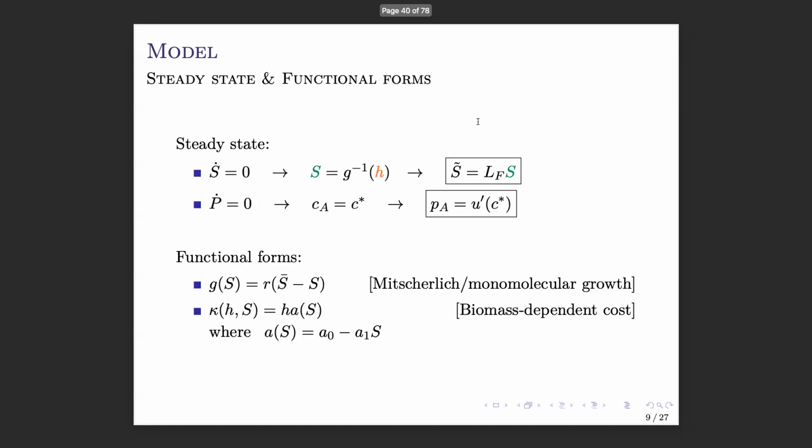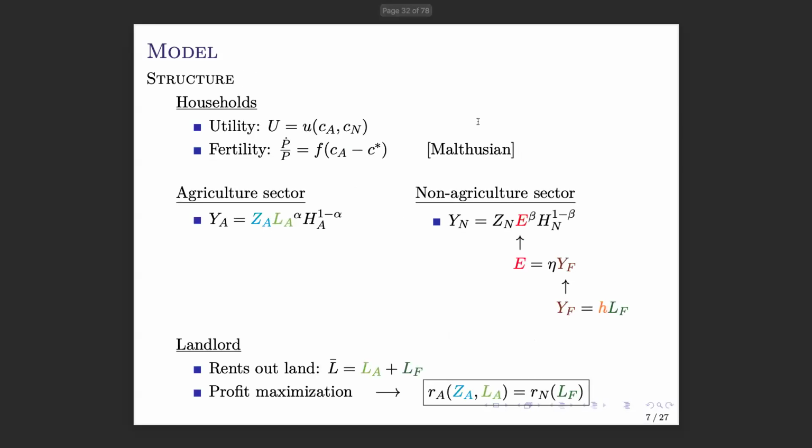It might make sense and might be helpful to talk explicitly about the marginal product of land in agriculture, and the marginal product of H. I don't know if land is the right term, but the marginal product of HA, marginal product of HN, and how that depends on the exogenous component Z and on the endogenous ones that change in response to changes in Z. So that would allow you to track the dynamics and understand the causality of all these things better, I think. Yeah, I agree with that.